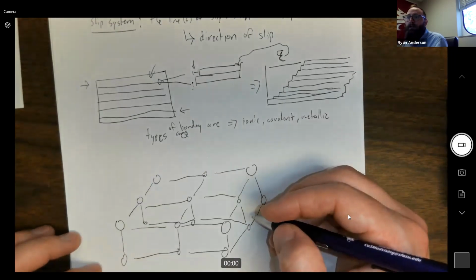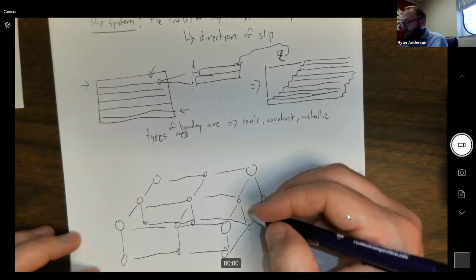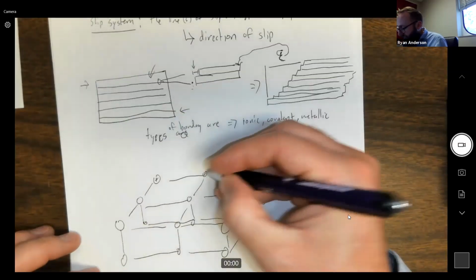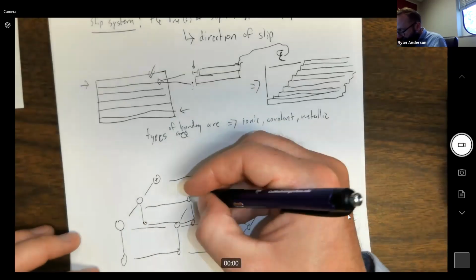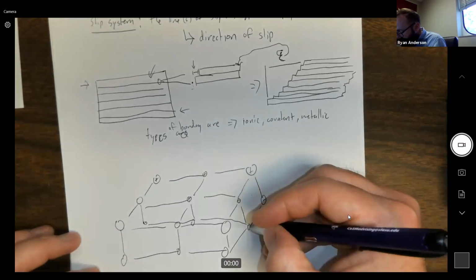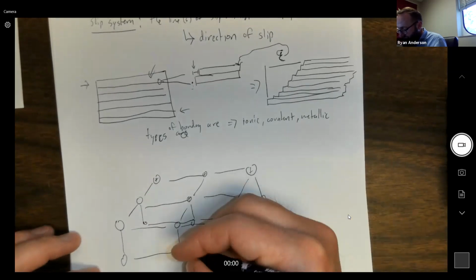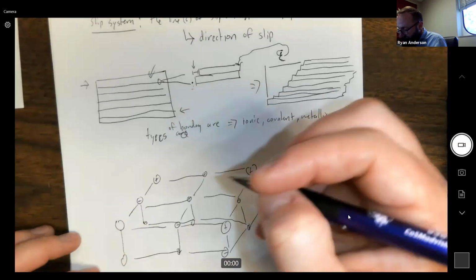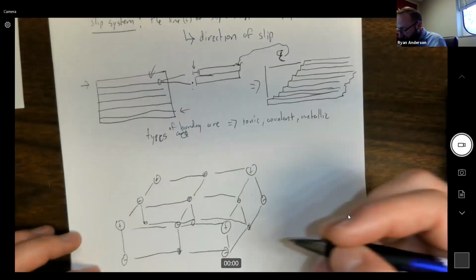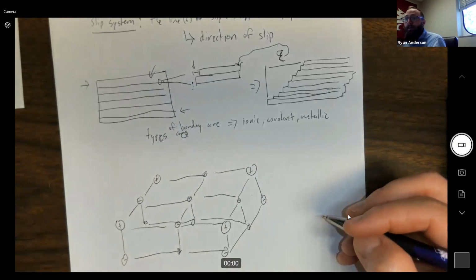Okay, so like I said, we have positive and negative ions alternating in the lattice. Positive, negative, positive, negative, positive, negative, positive, negative, positive, negative, positive, negative. Okay, and just by nature of these ionic bonds, the easiest slip direction will generally be